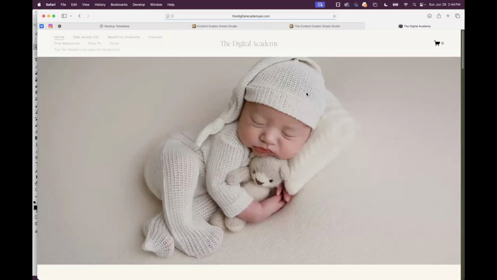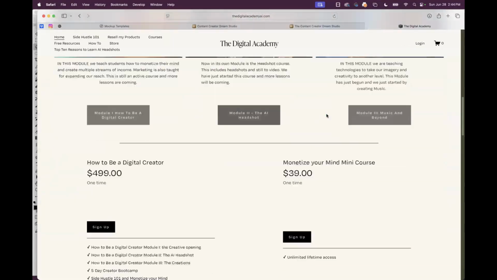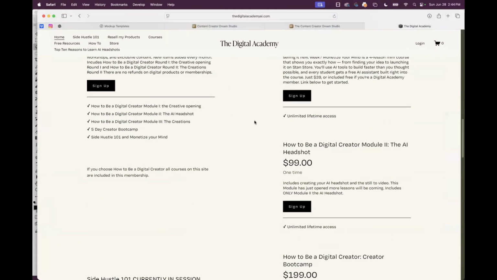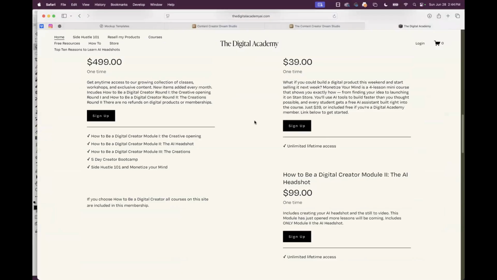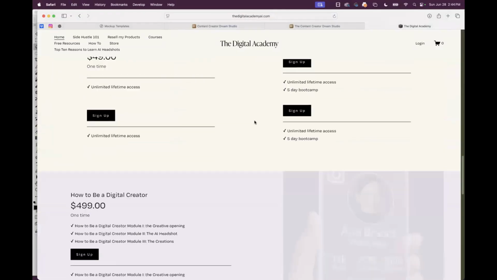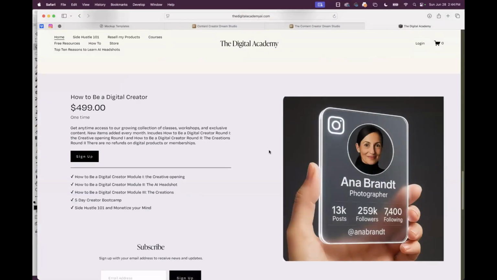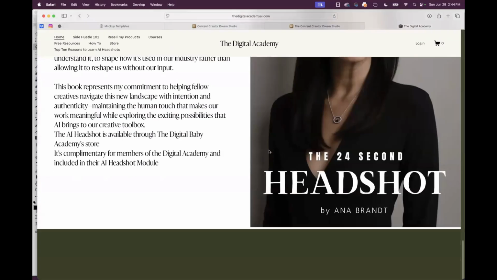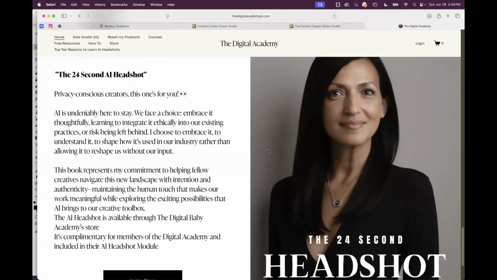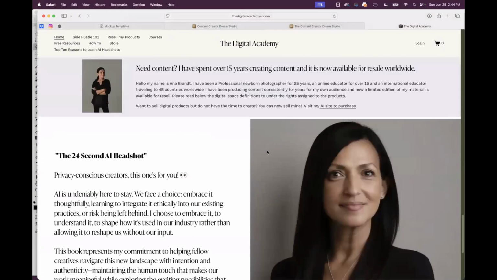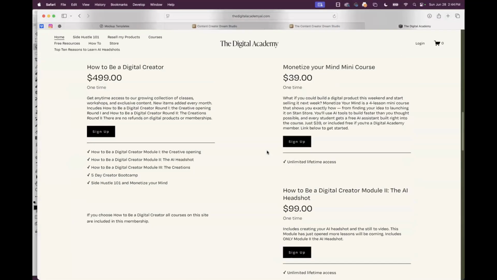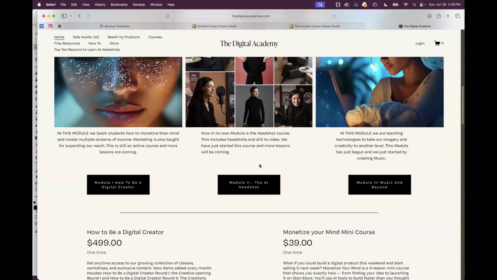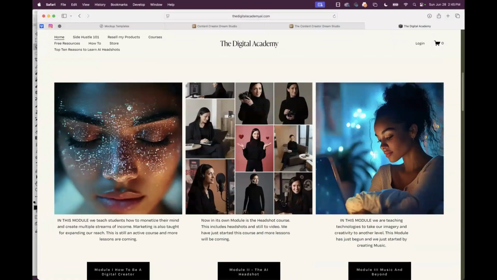And if you're part of the Digital Academy, I did a lot of this in the Digital Academy. The whole how to be a digital creator, how to make your own music, how to make your own AI headshots. Oswar went and he sold a bunch of stuff after the Digital Academy. He wrote a book, sells a book. He's like my prize student. And so many of the students, I taught them how to do all of this already, how to create coloring books, how to do all of this.